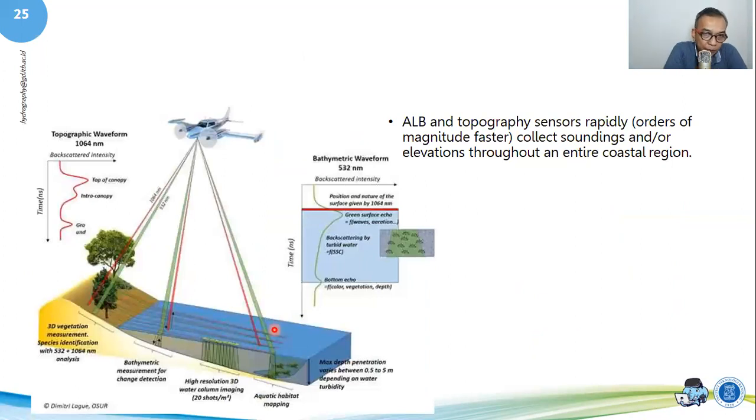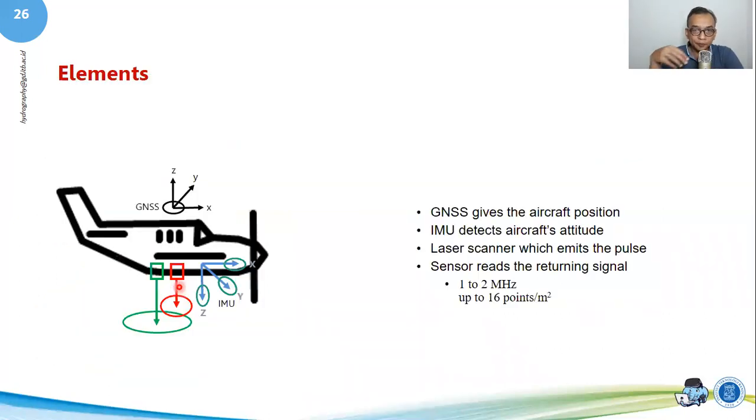The advantage of using this system is the capability to cover the transition zone, the intertidal zone, which cannot be completed by hydrographic survey, because hydrographic survey needs water in a navigable area, and neither by topographic survey, because they don't like to get wet. With this system, one laser is capable of detecting the dry area, and the other one is capable of detecting the surface return and the bottom return. And at the end we get the entire picture of the survey area.